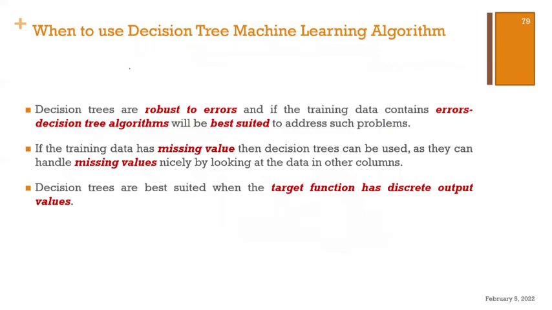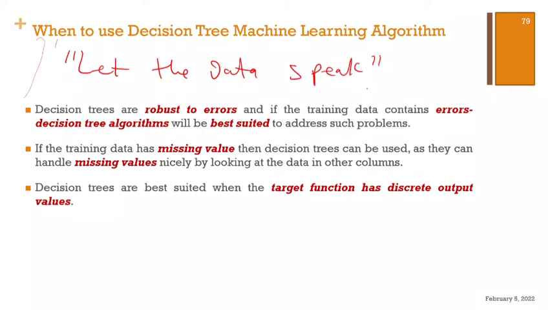So when do we use decision tree machine learning algorithm? When do we use it? These are just guidelines. You see, I always say that the best rule of thumb is let the data speak. Don't forget this. Let the data speak. It's very important. So decision trees are robust to errors, and if the training data contains error, decision tree algorithm will be best suited to address such problems. So it is believed that sometimes your data set is having some noises, decision tree will be able to figure them out,